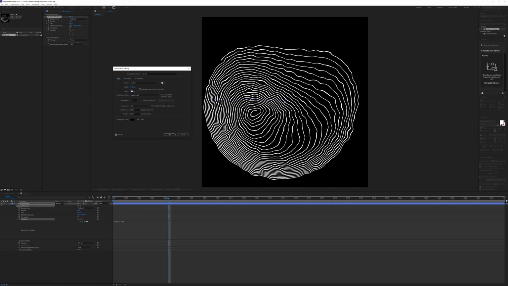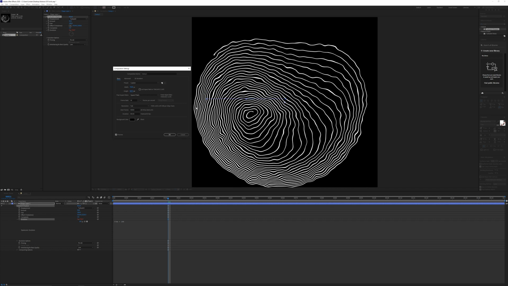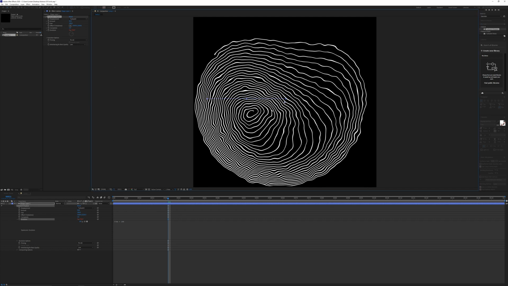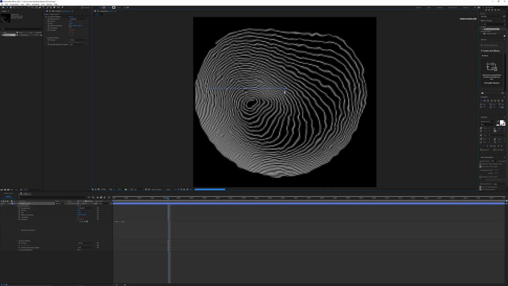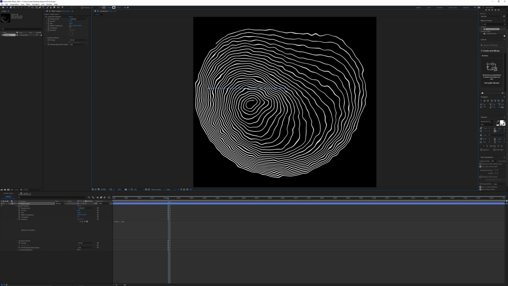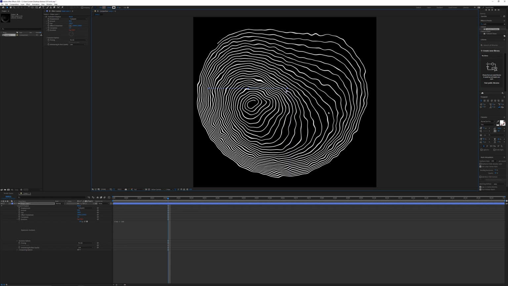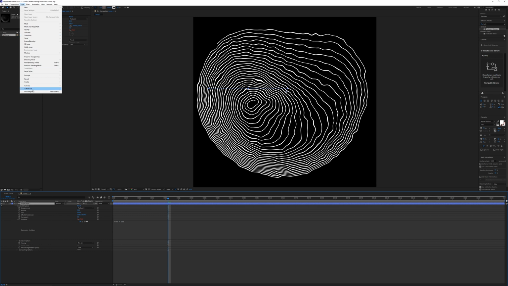The smaller your composition, the faster the auto trace will run. And I'm just going to pull this up a little bit, just make sure that it is in frame. Another note about auto trace is that if your shape goes out of bounds or out of the composition workspace, then it won't trace it, and then it will kind of mess up your masks. All right, so now we can click on the shape layer, go up to layer, auto trace.